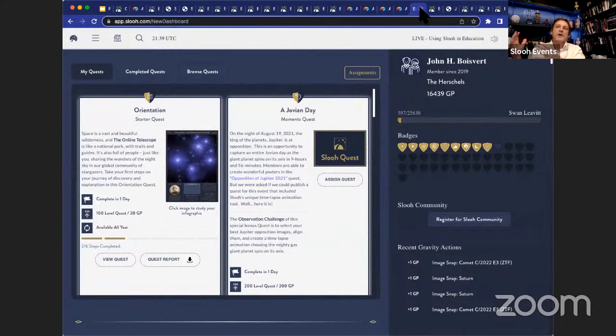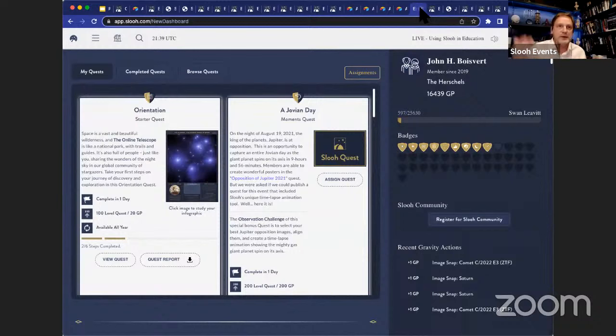What some of those professors are doing is they're using Slooh's gravity points to assess their students. So they're setting a minimum number of gravity points that a student has to reach to pass the course. They normally assign specific quests that the students have to do, but then the student has a choice of how they gather up the rest of those gravity points.